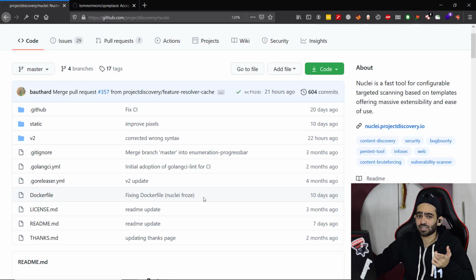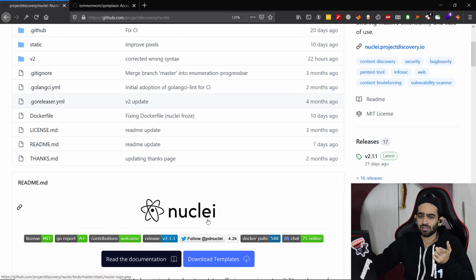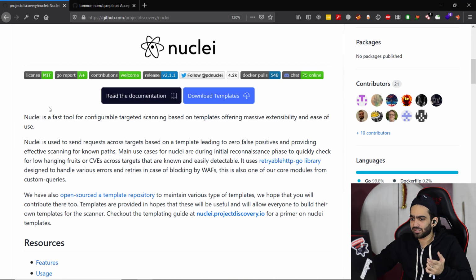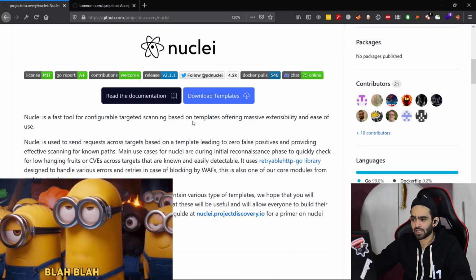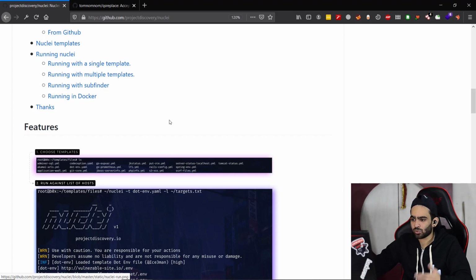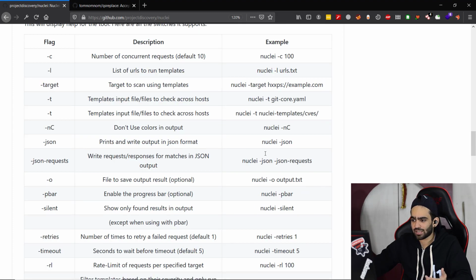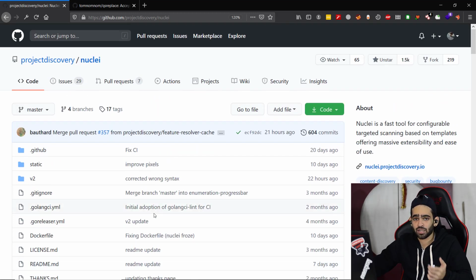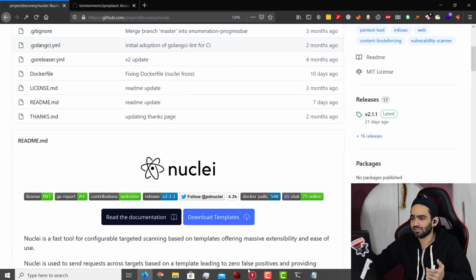The first tool which we will see today, and most probably you have already heard about it, is Nuclei. Now Nuclei is nothing but a template based scanner. So whatever template you provide, it will scan exactly for that, and if the target is vulnerable, then it will return the results to you. And you could see all this for yourself. There are lots of flags, lots of things you can try out. And there are also some templates provided to us by Project Discovery, and many templates are also created by our community members, so thanks to them. And let's just see how it works.